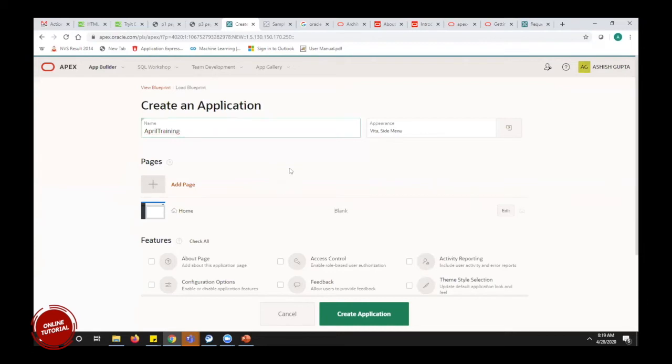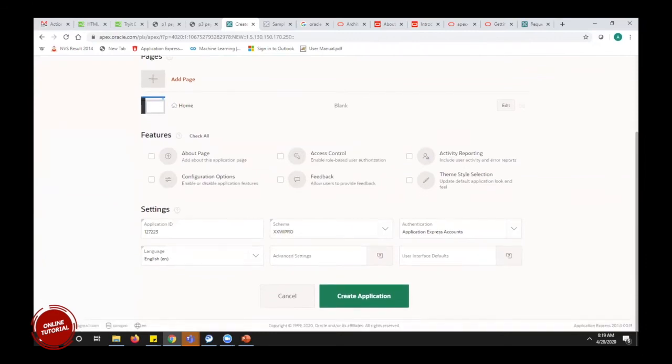Now here, if you can see, I have given my application name, but I cannot give my application number, which I showed. It is auto generated. If we come down, this was not there in the previous one, but now it is there. I have an application number, but I cannot give the same application number which is there already.